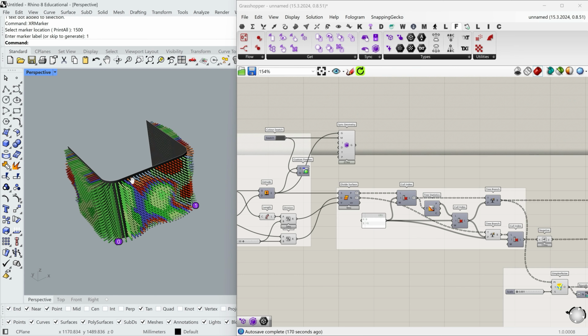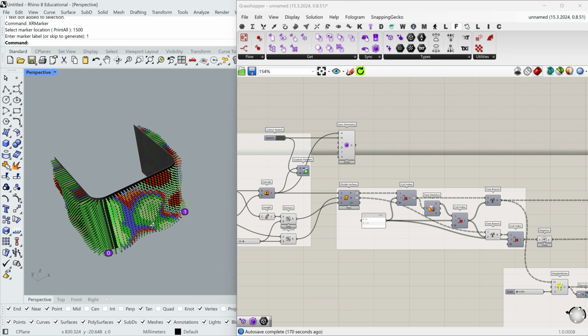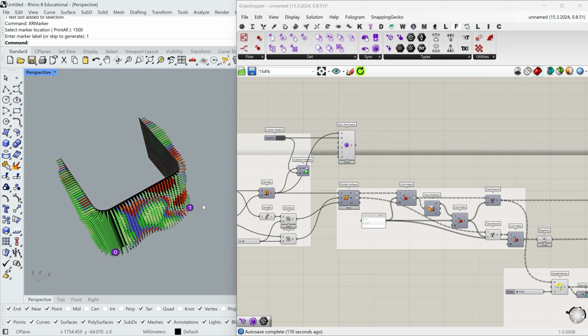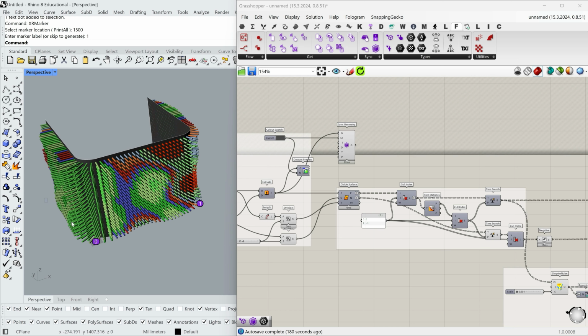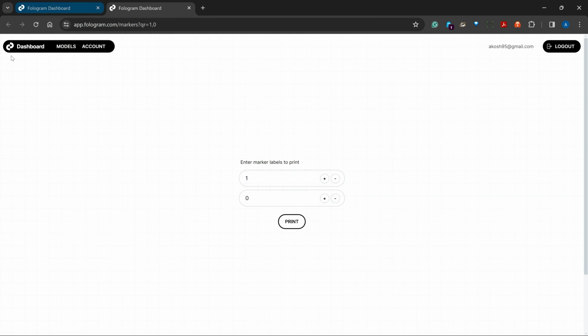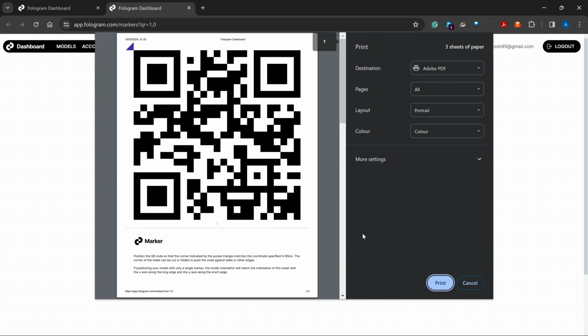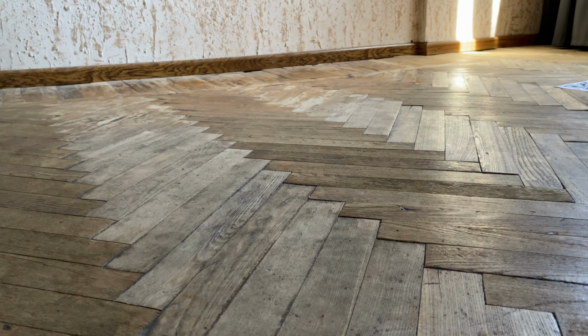Okay, we have them in the 3D model, and we need to have them in the real world. To do this, we need to print them. Let's enter the XR marker command once again. But this time, we click on the Print All button. The Hologram window will appear, and here we see our markers, and just press print. It will open the printing dialog window and just print them like this.